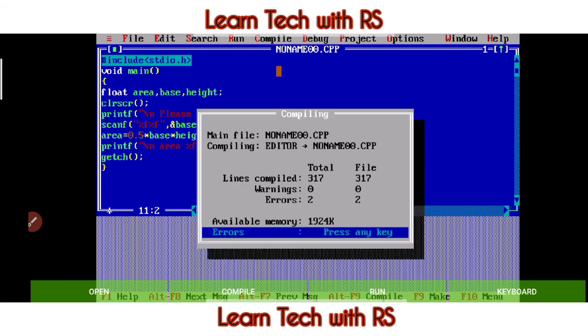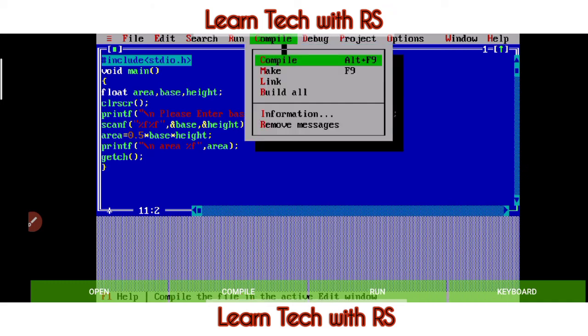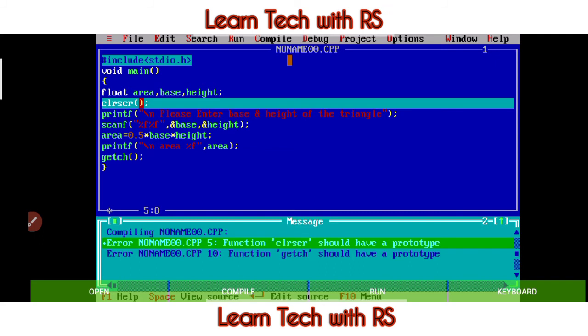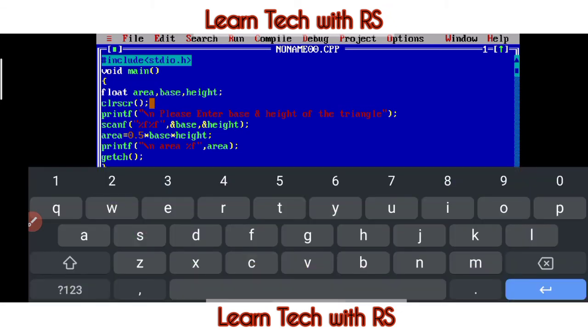Oh no, we have make back, compile, and then compile, press any key and see there is some mistake, should have a prototype. So here we are going to clear the clear screen function. Okay, we don't need that, so just take the keyboard and clear it. Okay,